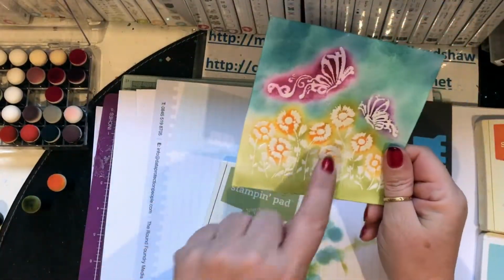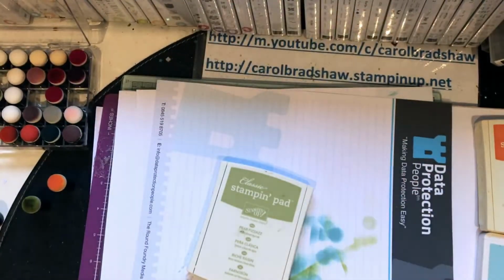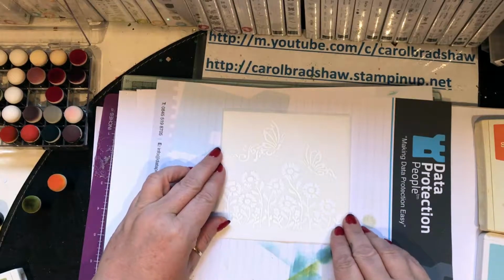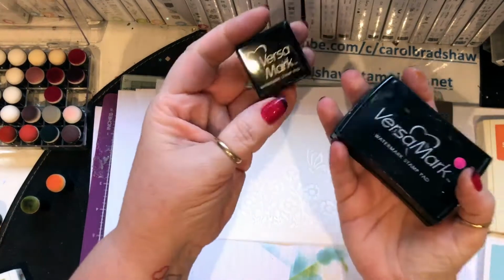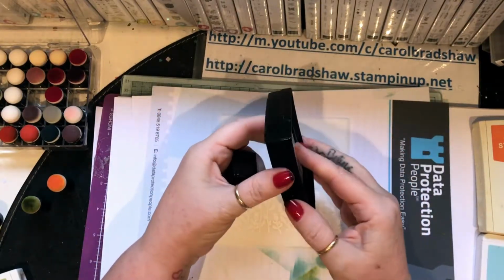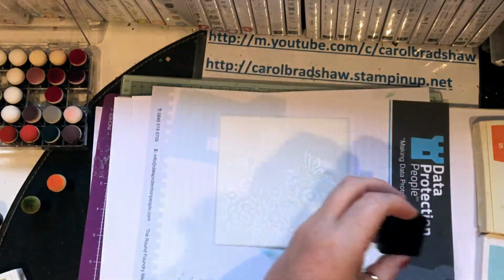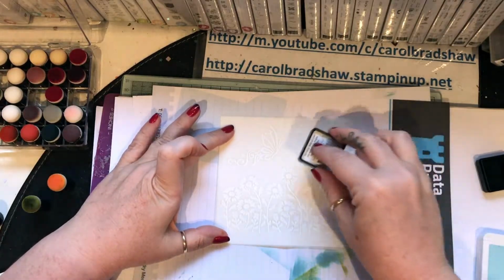That was in clear embossing powder, I'm going to do it in white and see the difference. So 5x5 piece of card, stencil, just fit over it. And I did wonder why I purchased a tiny Versamark. I never used it until today. I've got two of these. They're quite mucky, but that's how they go, isn't it? And then today I actually opened this and it's amazing. So this is why I bought it, obviously. So I'm going to go,